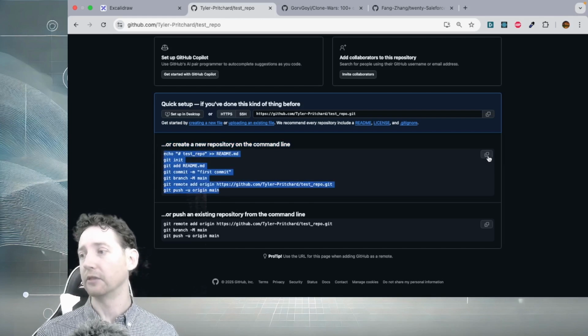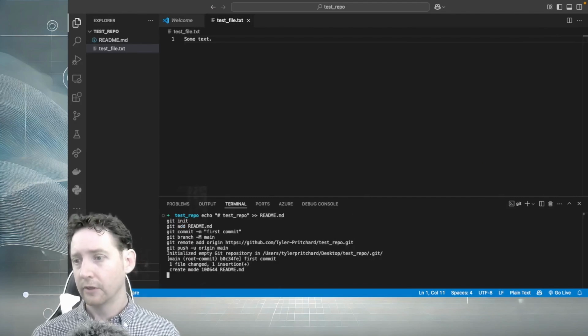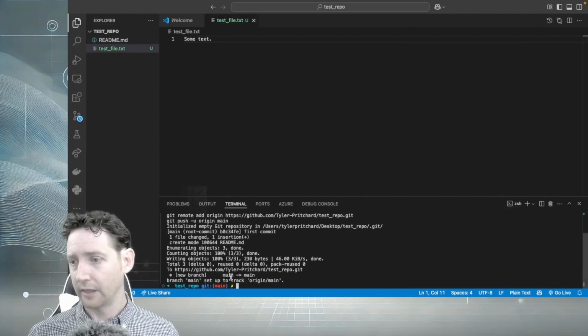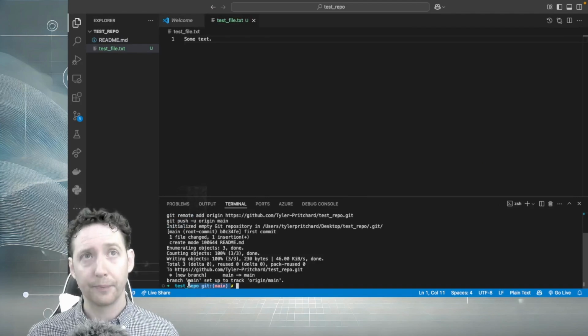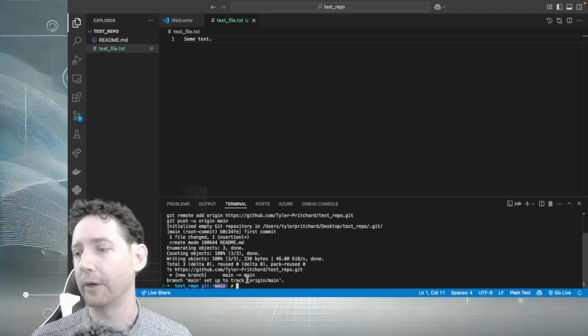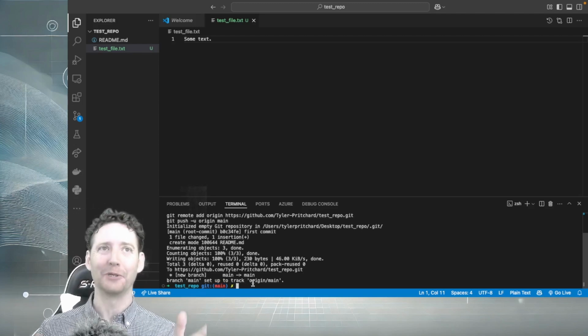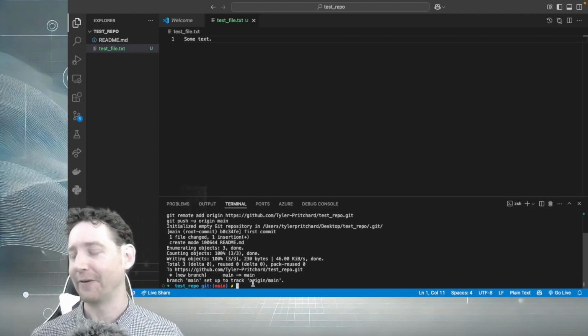Now all I need to do is copy it, jump back over to my terminal, paste it in, and then we can see that there's some Git activity being tracked now. It's listing the branch that I'm on, and maybe I'd have to do another video on branching, pulling, cloning, all of those things. But let's just stick to building a repo and getting us up and running for right now. So we can see that I am now on the main branch. There is Git involved, and there's a way I could test this.